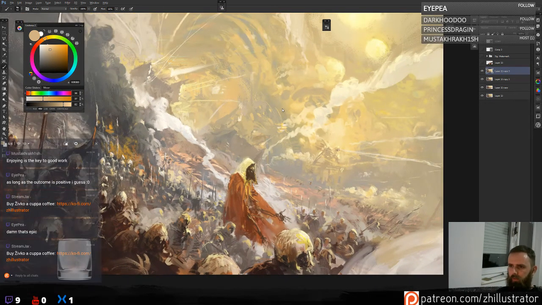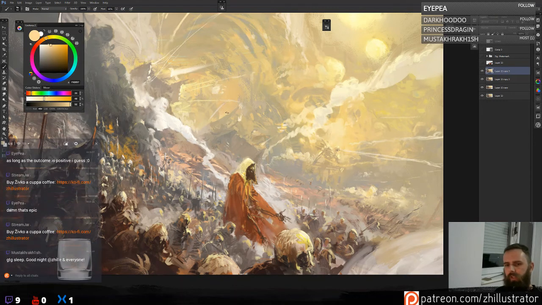Let's just work a bit on this background to show that it's like a huge spaceship or like a land ship that's going. So I'm basically just playing around with highlights and just a few colors, very careful with the values, only if I want to separate some shapes a bit further.